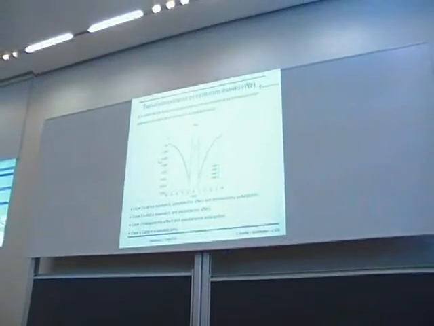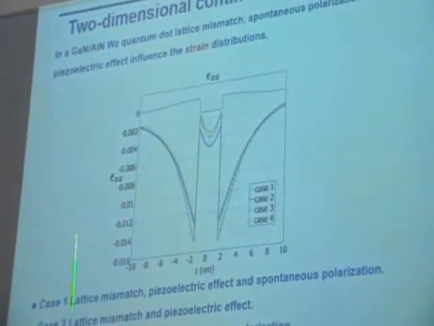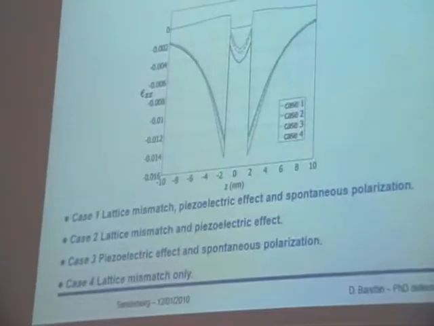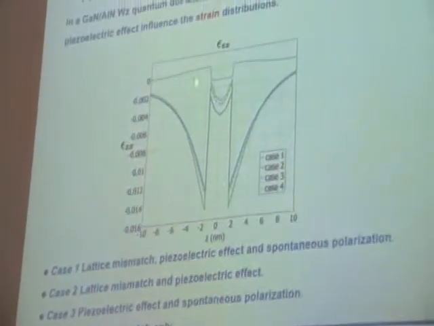Here we have the first results for the strain distribution. Here I'm plotting the epsilon ZZ strain distribution, but the results are similar also for the other quantity. And here we have the different cases, including or not some effects. I would like mainly to focus on case number 1, which is the blue line down here, with all the